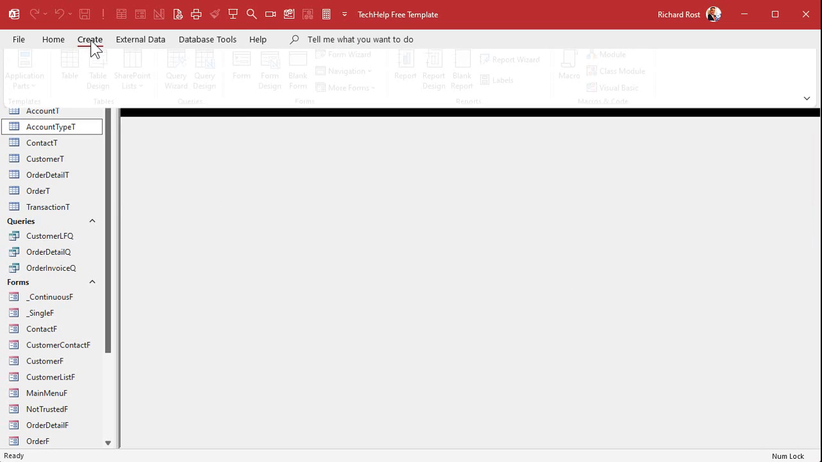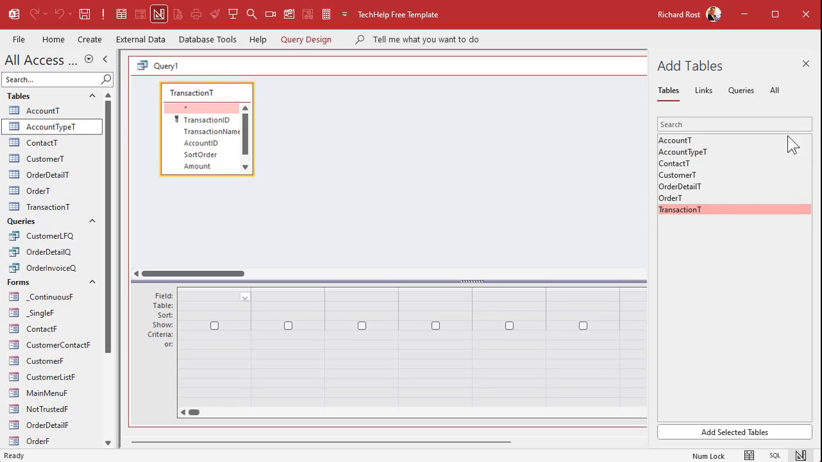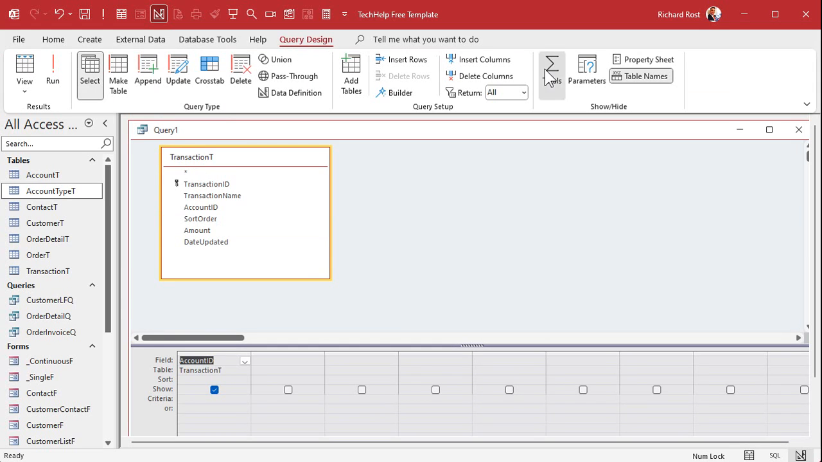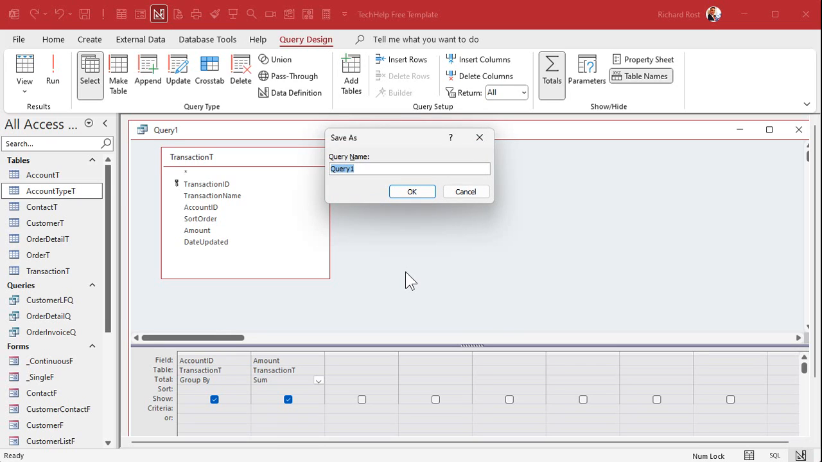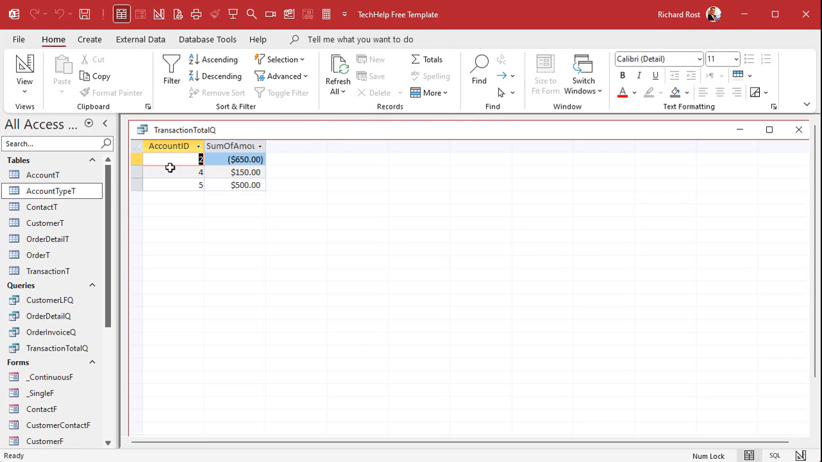All right, so create, query design. We're going to be aggregating our transaction table. All right, group by the account ID. Let's go to query design, change this to a totals query, right? Group by the account ID, sum up the amount. Okay. Save that. Let's call this transaction total Q. Okay, run it. And there's each account and how much is in that